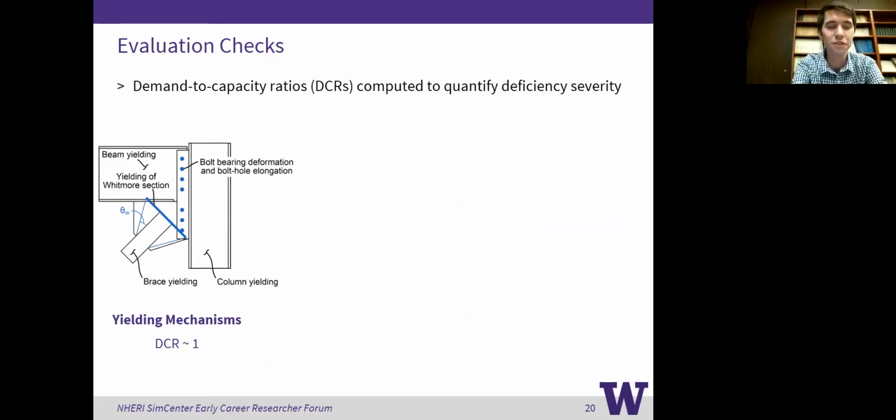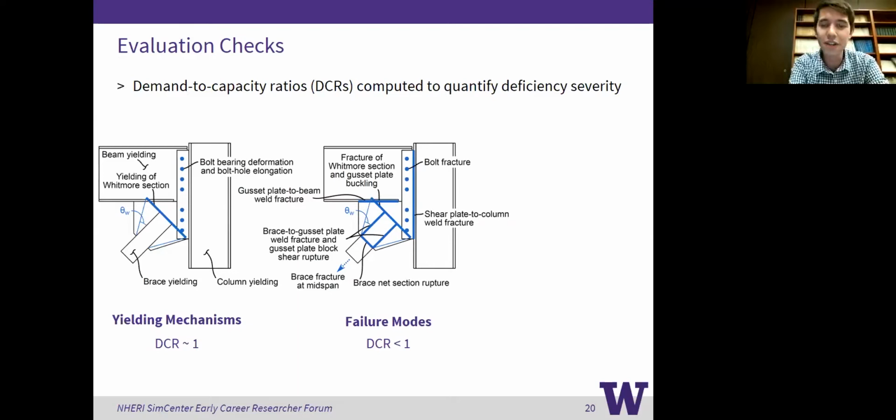Okay, so there are 3 different categories here that I'll talk about. We have yielding mechanisms, things like yielding of the brace and the gusset plate, and even of the beams and columns, which are all actually beneficial. If we see a yielding mechanism with a DCR of close to 1, then if it's exactly 1, it's actually not code compliant because we have resistance factors that lower the effective resistance that we're designing for. But if we're close to 1, we think maybe it's not a concern.